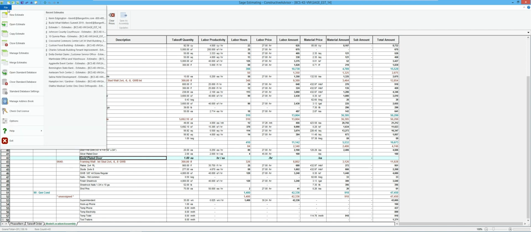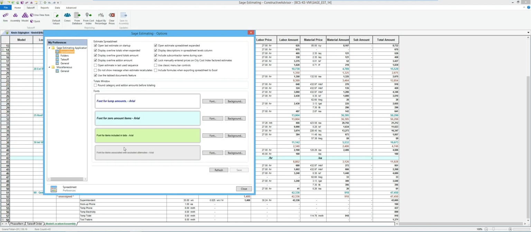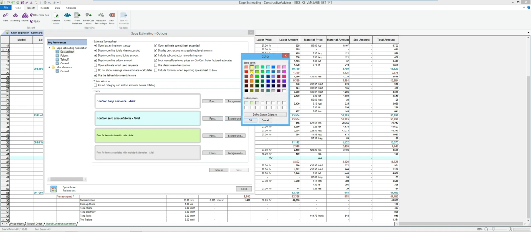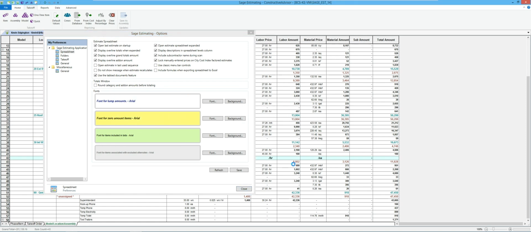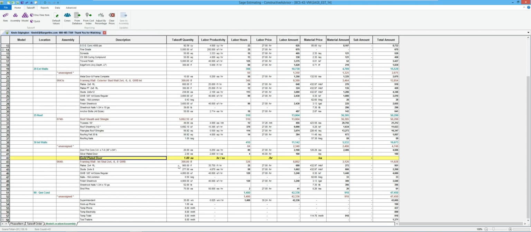So if you want to adjust that color, you can go up to File, Options, Font for 0 amount items, and you can actually change these around a little bit. So maybe I want to go with a little brighter color that'll grab my attention a little bit more, and that way I could see it pop a little bit. So keep in mind that that basically means that this has no money, no labor, no material. So I do have a great big hole, so that focuses.